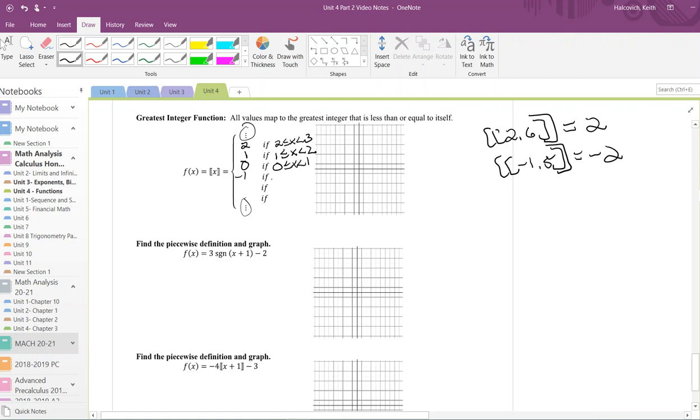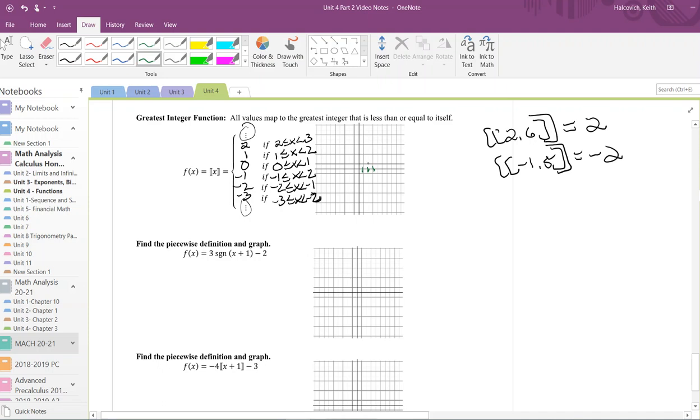It's negative 1 if x is between negative 1 and 0. It's negative 2 if x is between negative 2 and negative 1. And it's negative 3 if x is between negative 3 and negative 2. So that's the piecewise definition. And notice we have the dots on both ends because it goes on forever, but we're just graphing part of it. So to graph this,